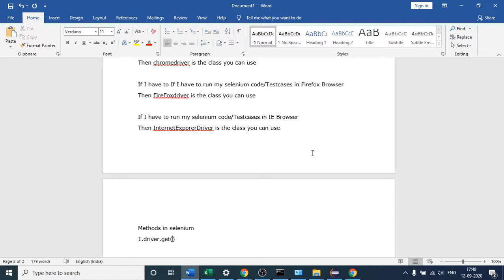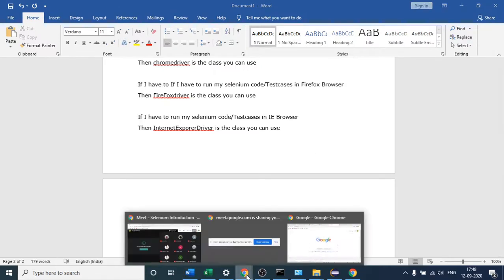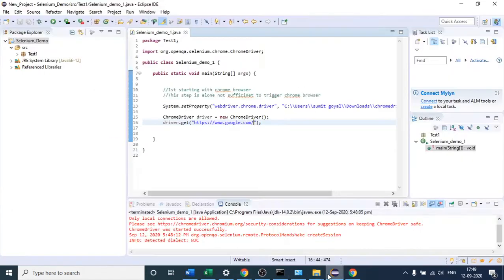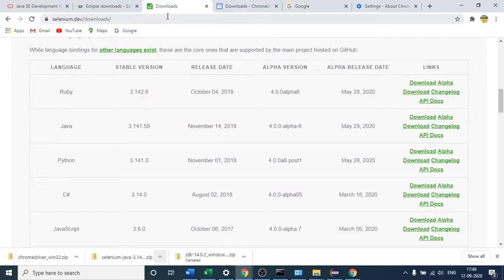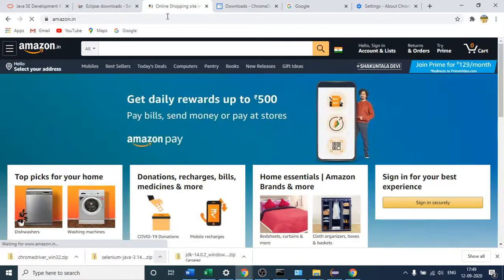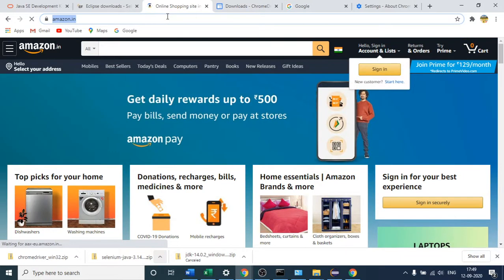Let me put double quotes here as well. Inside this double quote, you have to pass your website URL. So let me open one more website and we can check whether it is opening the correct one or not. Suppose I have to open Amazon.com. So this is the one. I will just copy this website URL.